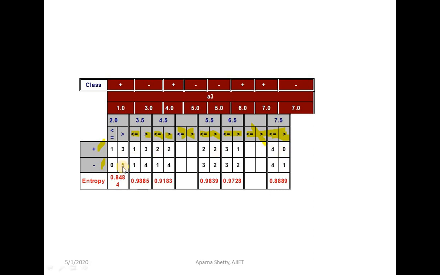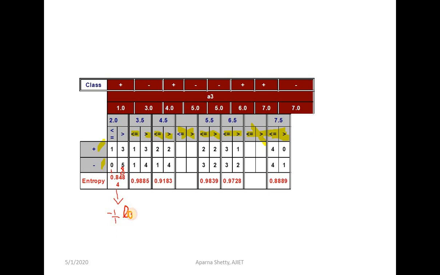Next we have to calculate the entropy. Here I will show how to calculate the entropy for one record. For the split point 2.0, I will show you how to calculate the entropy. For less than or equal to, it is 1 divided by the total count over here, which is 1, correct? Here the total count is 8, right? So it is minus 1 divided by 1